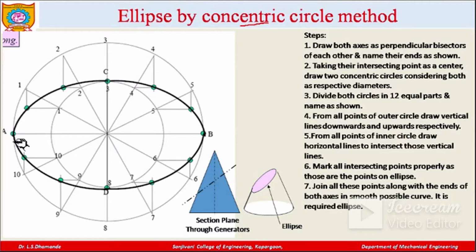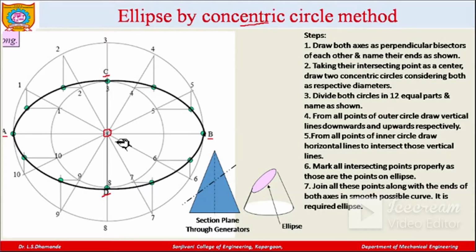So suppose this is the major axis drawn, point A and point B, with whatever major axis dimension is given. You have to draw a horizontal line. Then you have to draw the vertical line perpendicular to it, bisecting this AB, which is specified here as CD, which is actually the minor axis. Then, taking the intersection of AB and CD, you will get this intersecting point.